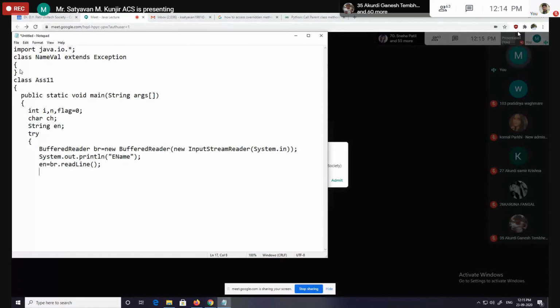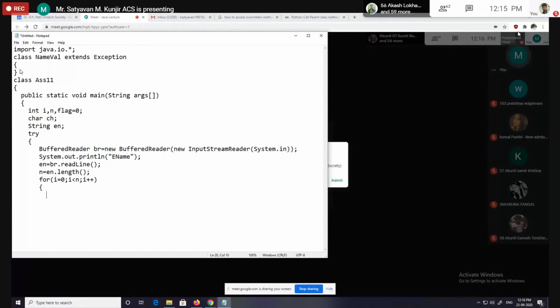Yeah, this is an application on string. So after accepting string, we have to calculate its length. That is common to all the applications. So calculate length of string first. Use length method. Then after accepting name, we have to check each and every character from that name whether it's alphabet or not. So I'm setting for loop, i equal to 0, i less than n, i plus plus.